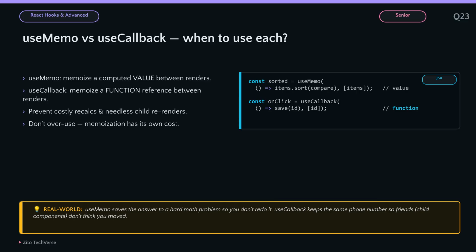useMemo versus useCallback: when to use each. useMemo and useCallback are both about memoization, but for different things. useMemo caches a computed value between renders, so an expensive calculation only reruns when its dependencies change. useCallback caches a function reference, which matters because a new function every render can cause memoized child components to re-render needlessly. Use them to avoid costly recalculations and unnecessary renders, but don't over-apply them, because memoization itself has a